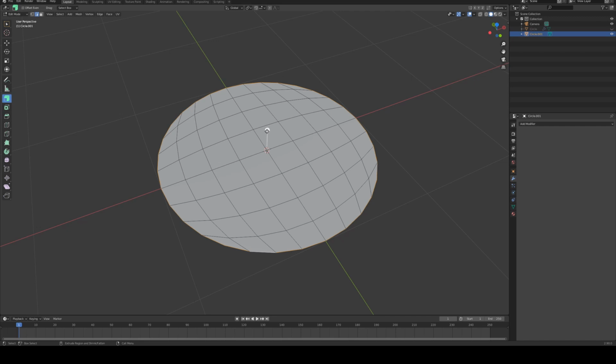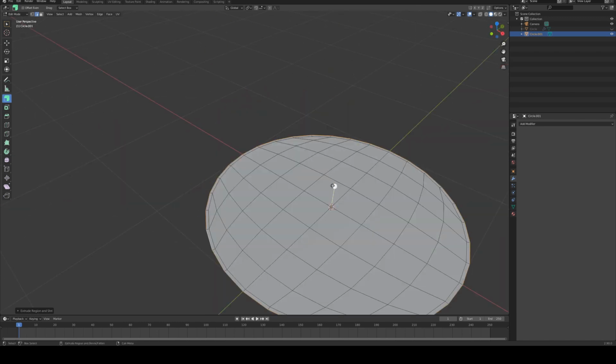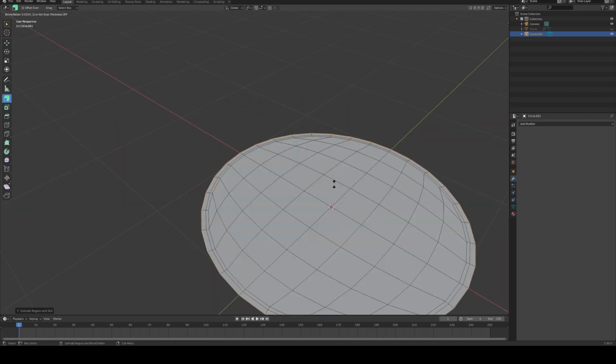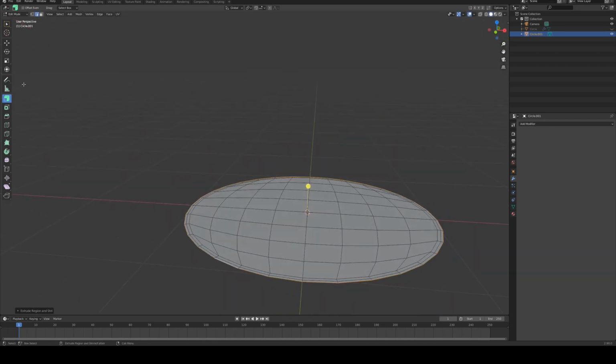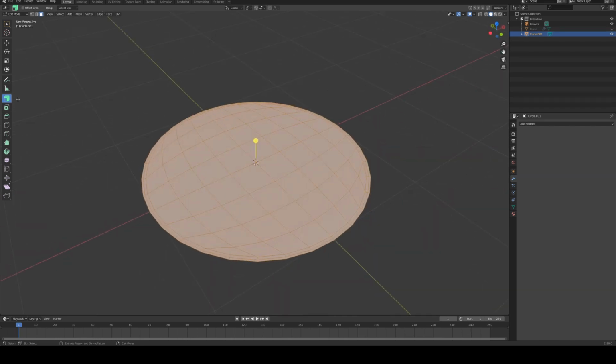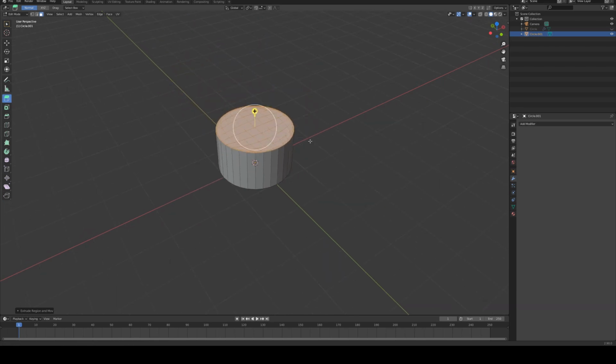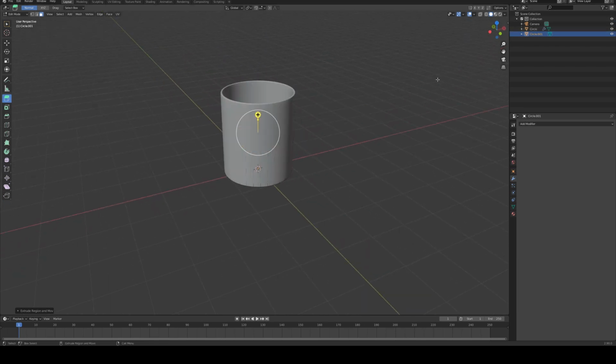We're going to create some extra edge loops. So we're going to create a little bit of viscosity with this. So I'm going to do 2 edge loops outward along the normal. So that's the first one, and then we'll do another one, maybe roughly the same distance is fine. And then we can go to face select mode with the 3 key and select all of our faces, and then we're going to extrude region, and we'll just slide that up,